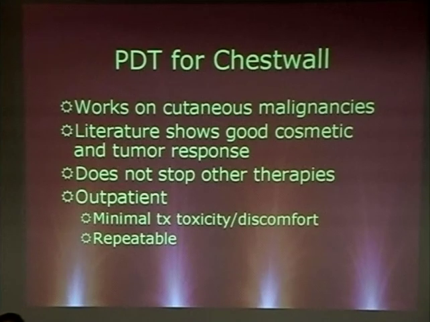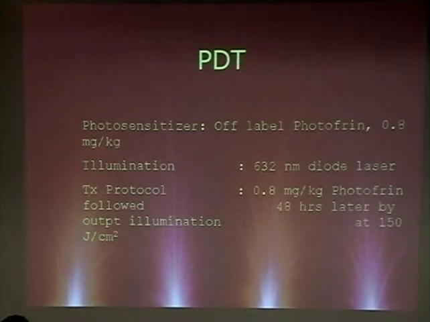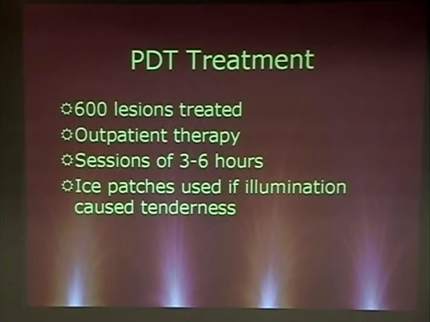So what we have been doing is PDT for these individuals, and we do this as an outpatient procedure. It doesn't necessarily stop any other chemotherapy, radiation, or surgery from going on. And what we do generally is use off-label Photofrin at a fairly low dose, 0.8 milligrams per kilogram, rather than what's standard as 2 milligrams per kilogram for those of you familiar. And the reason for that is basically from those slides before, where we try to use as little drug as possible. So we've treated about 600 lesions, always as an outpatient,